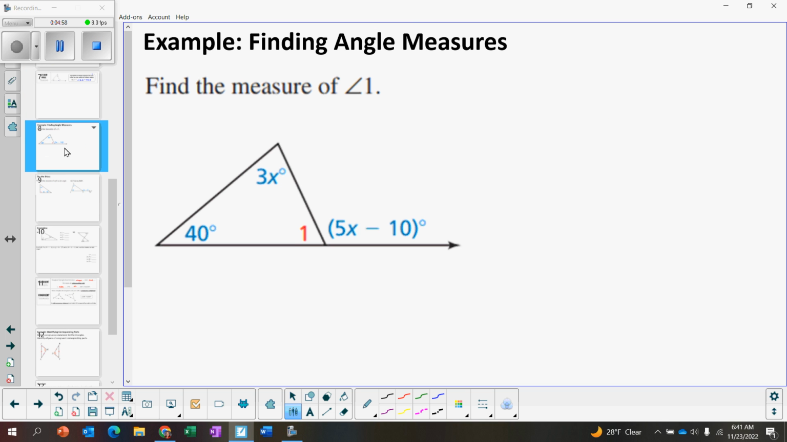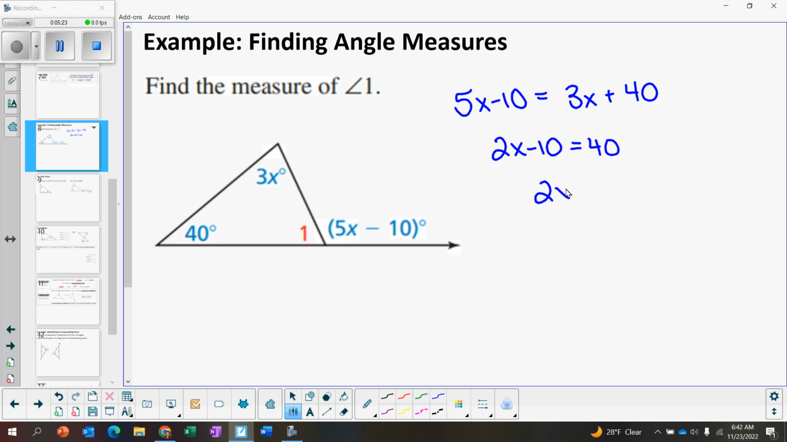So here we want to find the measure of angle 1, but I have an exterior angle 10, and I have non-adjacent interior angles. So we're going to say the exterior angle equals the sum of the two non-adjacent interiors, 3x plus 40. So we could subtract 3x, I could add 10, divide by 2, x is 25,